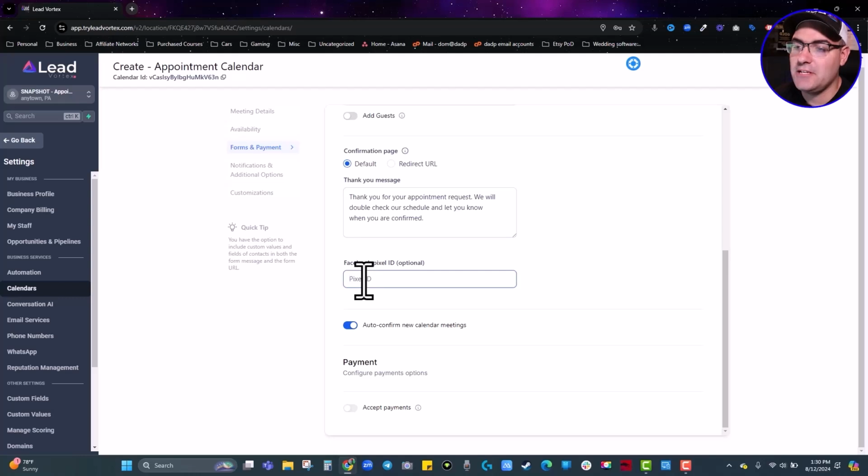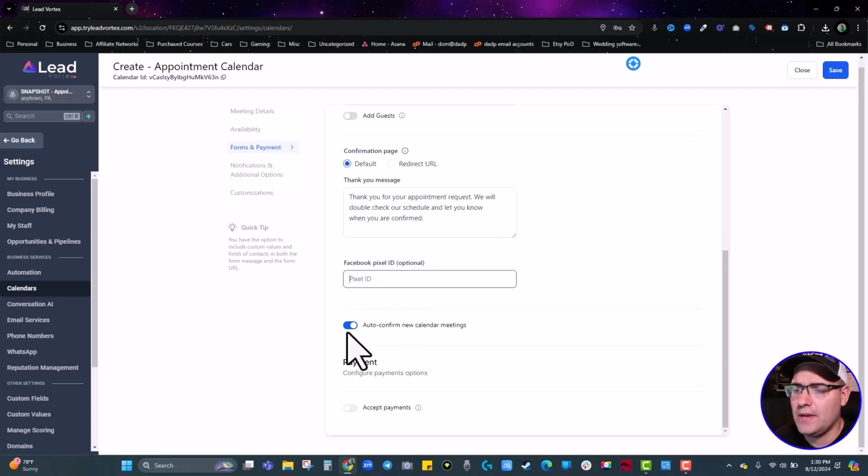If you want to have it use Facebook Pixel ID and track people who set appointments, you would put that in here. Auto confirm new calendar meetings. I check that off again because I manually confirm these. We're going to hit save. Now, when it comes to